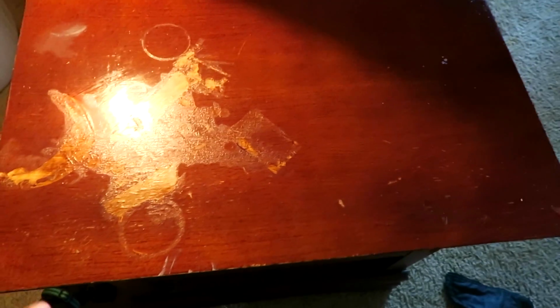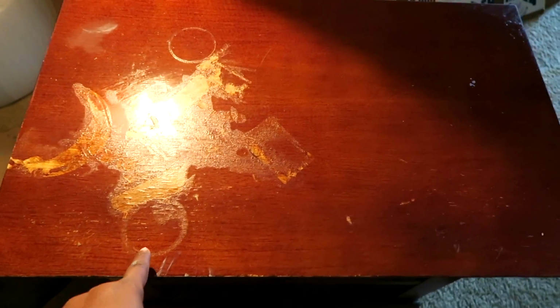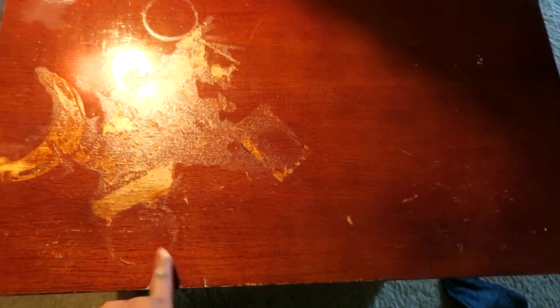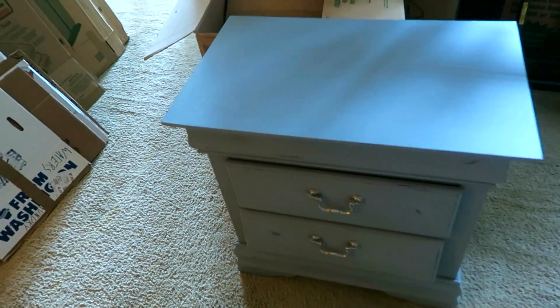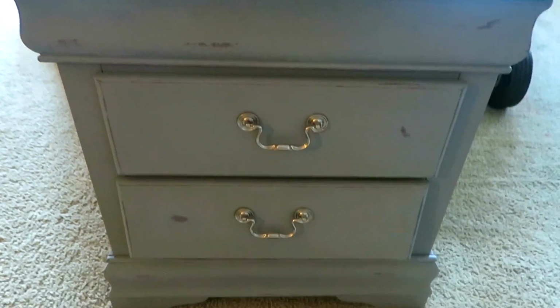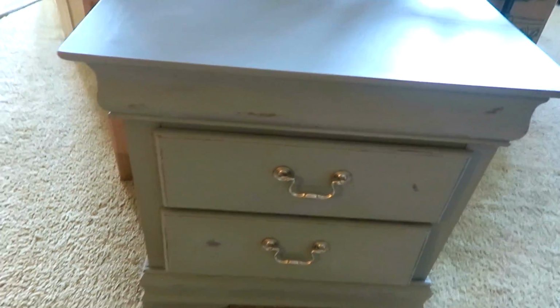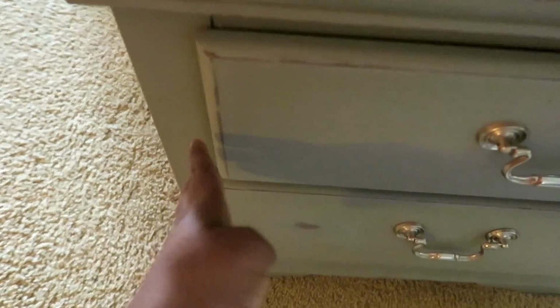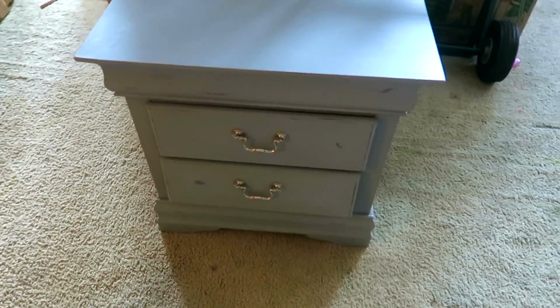Okay guys, this is what the other one looks like. I'm trying to clean this off because there's sticky stuff here, so I have to sand this down. This is what the other one looks like, and this is what the painted one looked like. I distressed it a little bit because I thought it was too perfect, so I distressed the edge a little bit. I don't know if my Marcelo's going to like that, but